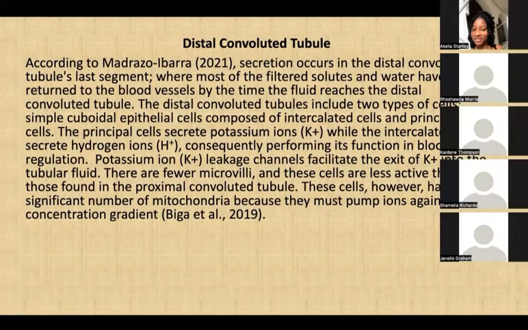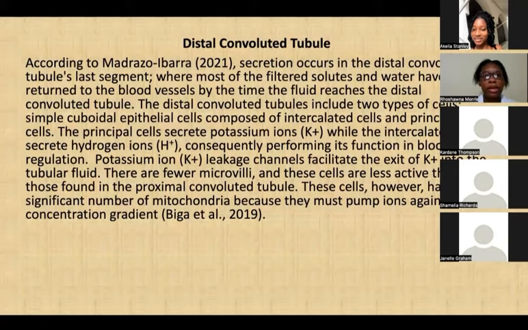Secretion occurs in the distal convoluted tubule at the last segment, where most of the filtered solutes and water have returned to the blood vessels by this time. The distal convoluted tubules include two types of cells: simple cuboidal epithelial cells, which are composed of the intercalated cells and principal cells. The principal cells secrete potassium ions, while the intercalated cells secrete hydrogen ions, consequently performing their function in blood